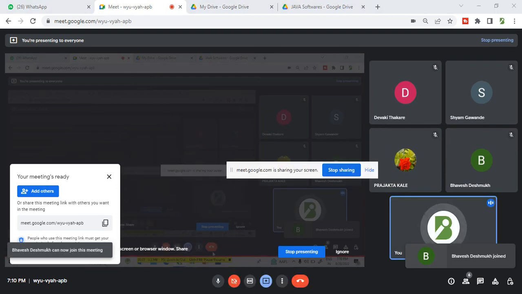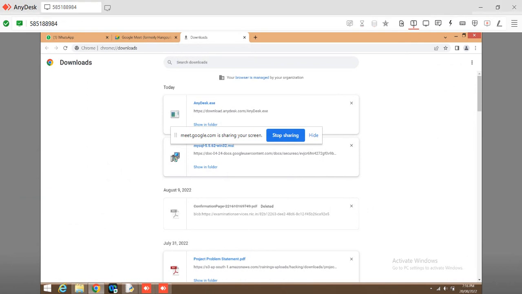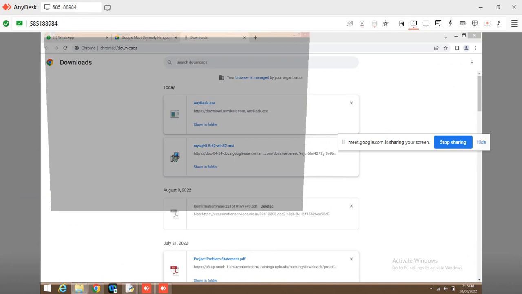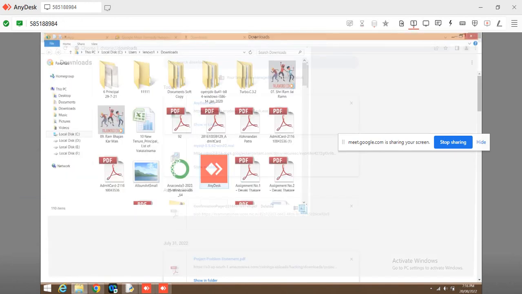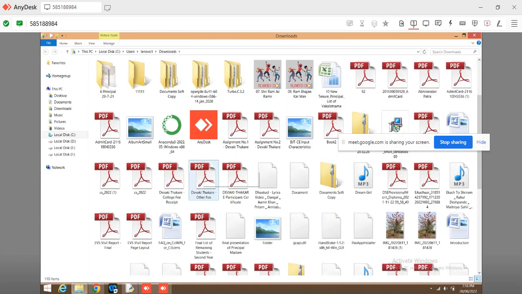Okay, done. Has anyone downloaded it? Let's work on this one. Let me explain: once you have downloaded this setup, you will get a file like this: MySQL 5.5.62 Win32 MSI. What we have to do is install it, so what are the steps you have to follow when we want to go for the installation?